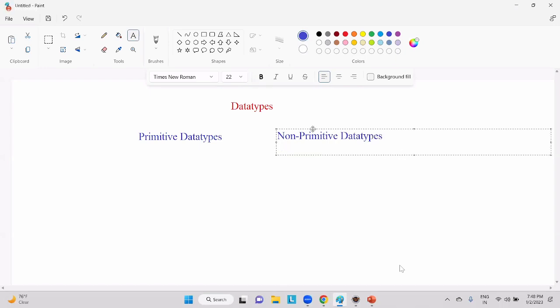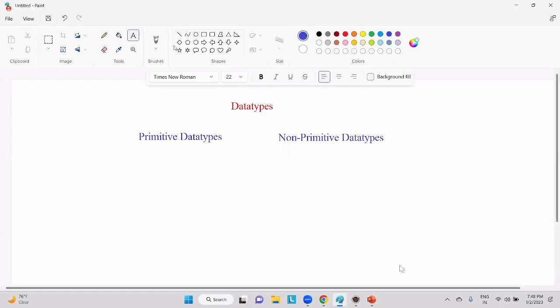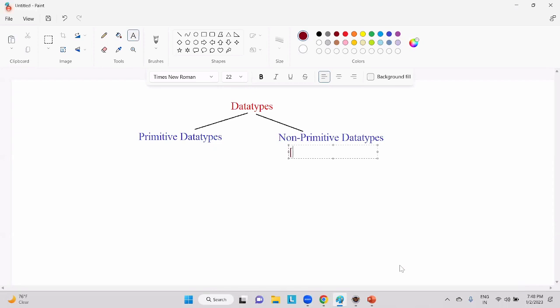So guys, when you are speaking about non-primitive data types, examples for non-primitive data types are